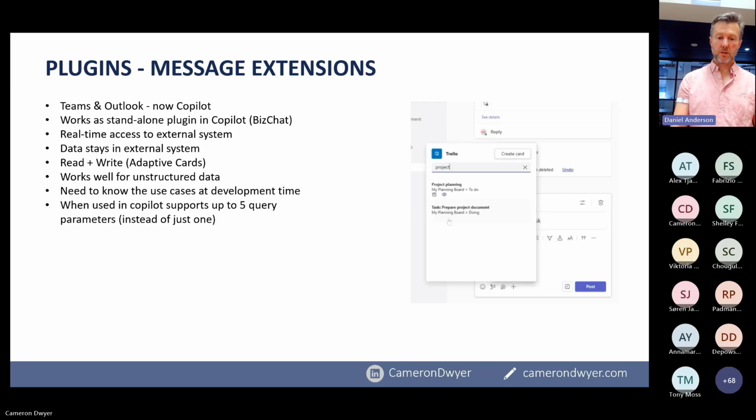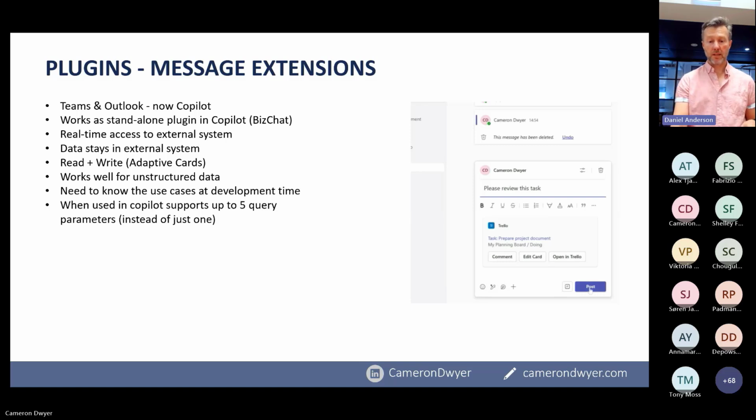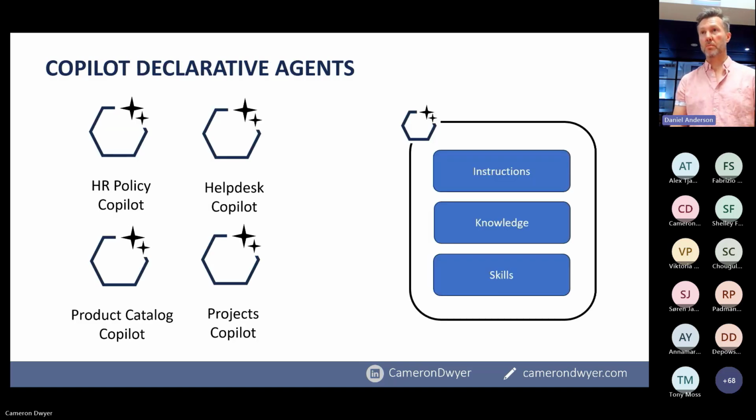I'm not going to spend a lot of time on those because the topic that I wanted to get to later on around API plugins are far more powerful, and I can see them over time replacing message extensions. All right, the other 2 types of plugins that I want to talk about only exist inside of the concept of Copilot declarative agents. So I need to do a level set, talk about what declarative agents are, and then I'll bring in the other 2 types of plugins, and the rest of our time we'll spend inside of these declarative agents.